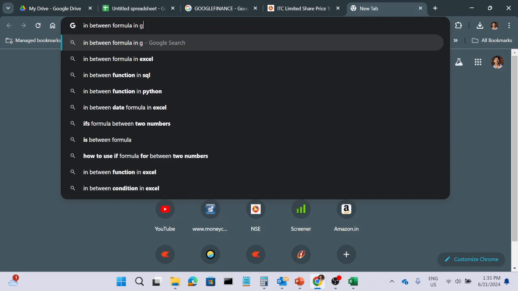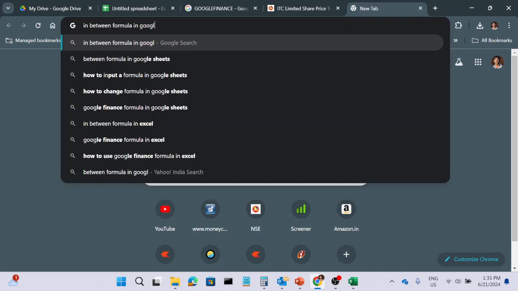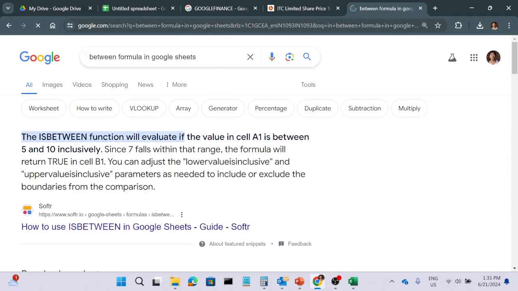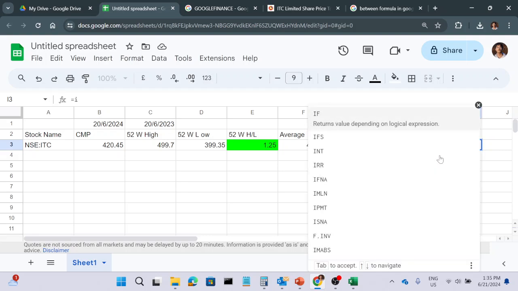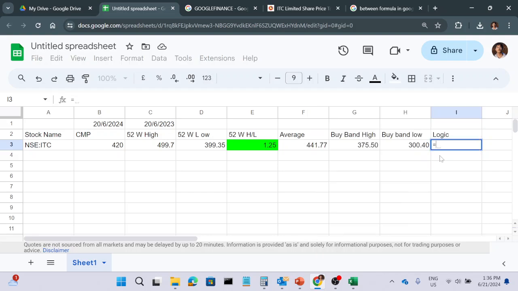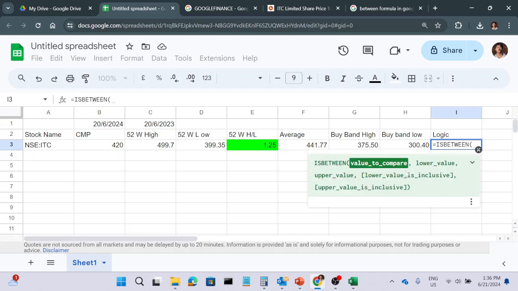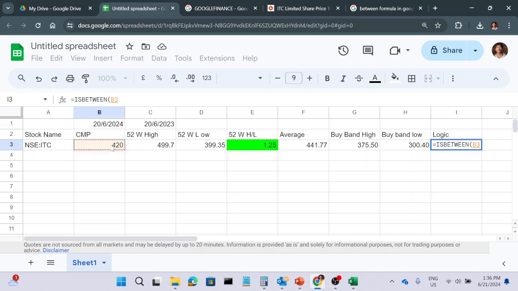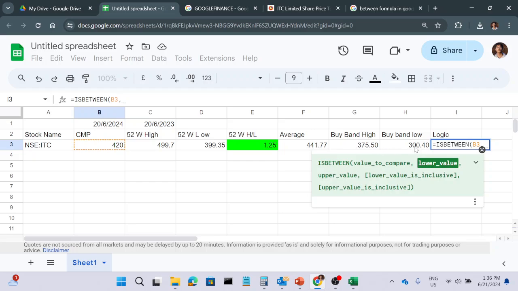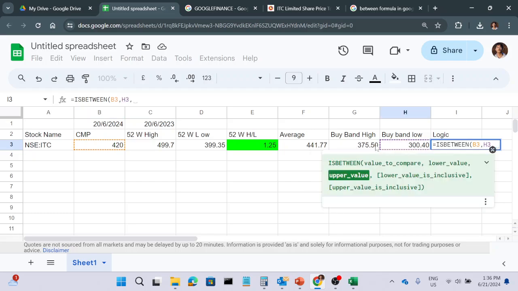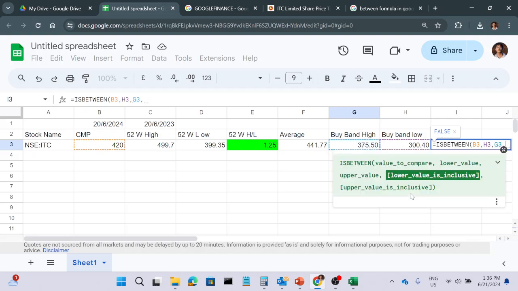Formula in Google Sheets, that is BETWEEN. Okay, it is between value to compare. So we need to compare this value with the lower one, comma, the higher one. Then what if it is